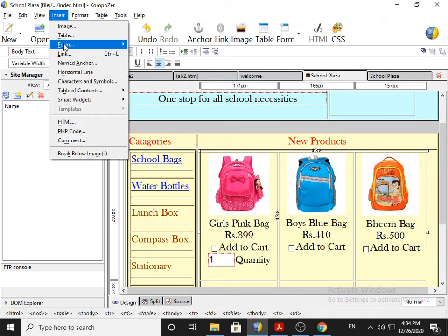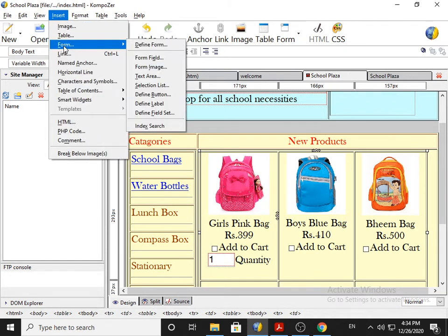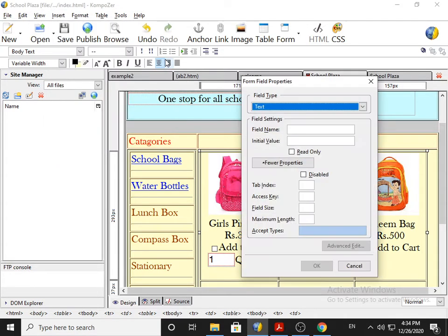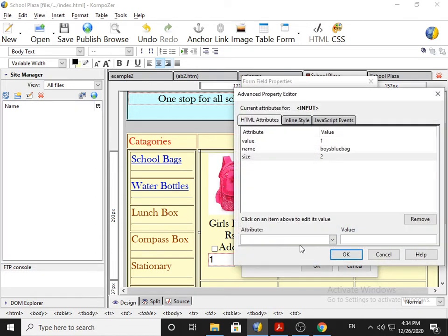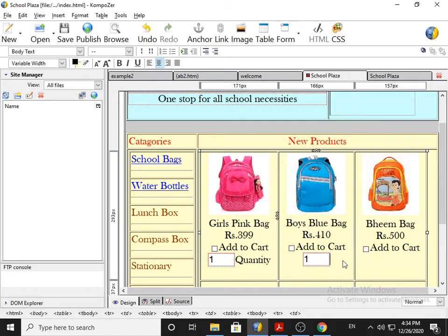Same way, here we prepare the quantity box. Insert form field, text is already there, then go for name boys blue bag, initial value 1, size 2, advanced edit, ID, that is Q2, and write quantity.